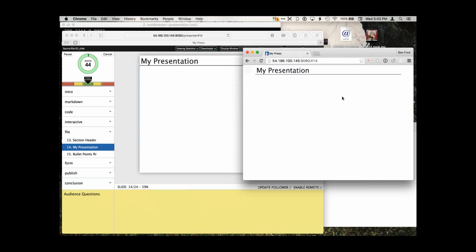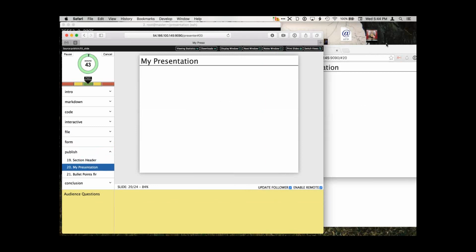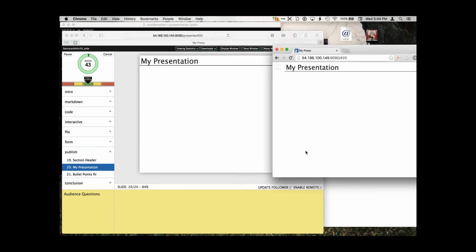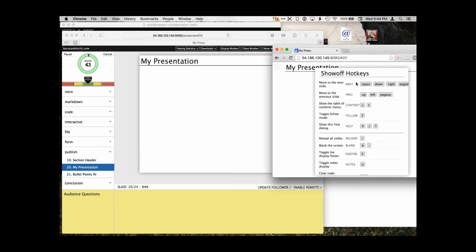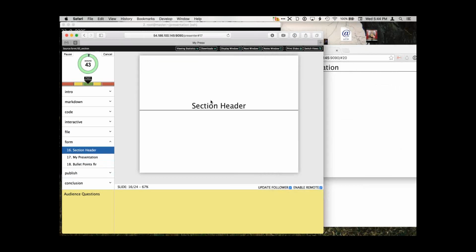So I've got a copy of the presentation running as an audience member, and as you see, I can navigate around, and it just lets me do that. But once the presenter switches, it starts switching slides to follow. I can turn that off if I want. Question mark will tell me, and it says to turn that off, I hit the F button. So now it's not in follow mode, and it won't switch anymore.